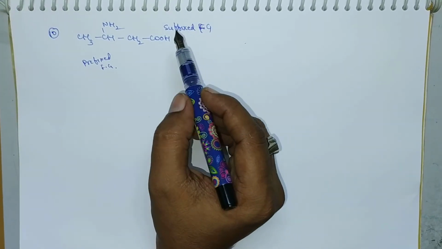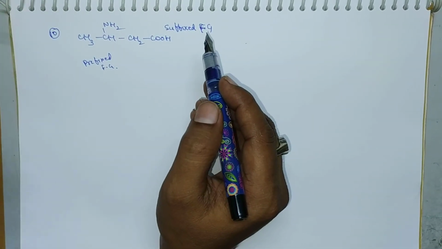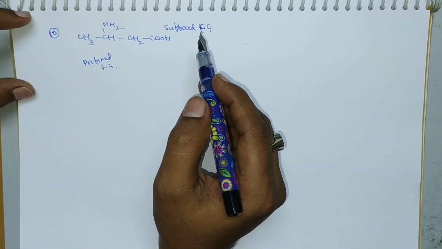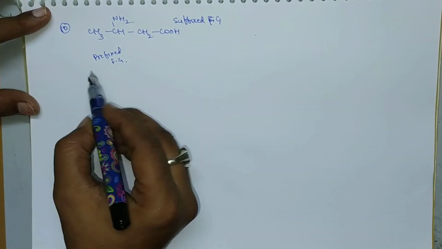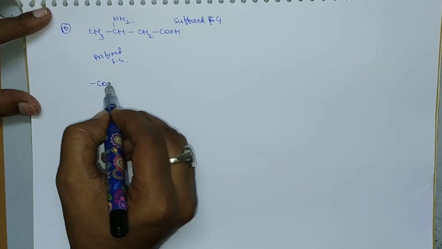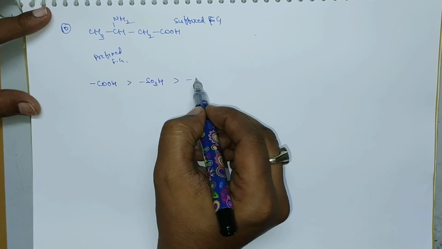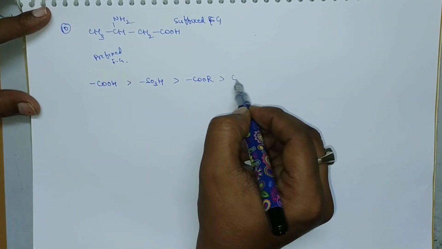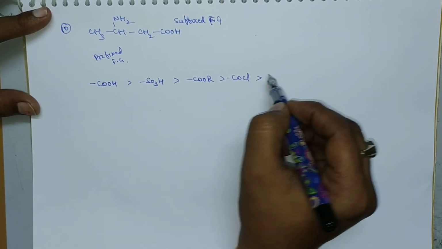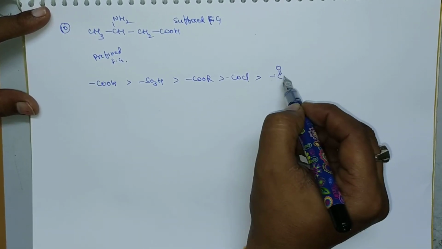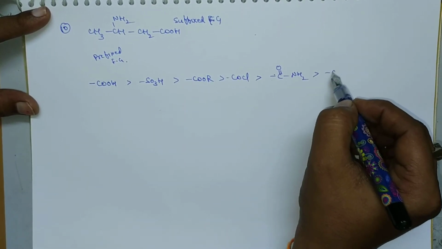So how can you say whether it is a prefixed function group or a suffixed function group? There is a rule. In the case of bifunctional compounds, we have to arrange the functional groups according to the following order. We give the first preference to acids, and then sulfonic acids, and then esters, then acid chlorides, and then amides, C double bond O NH2, and then cyanides,